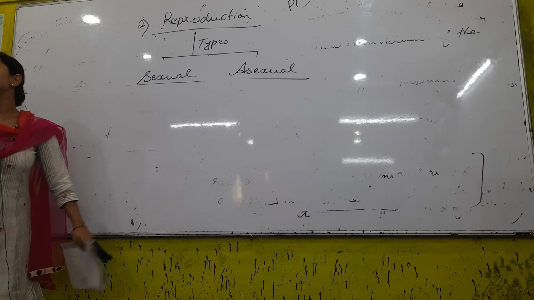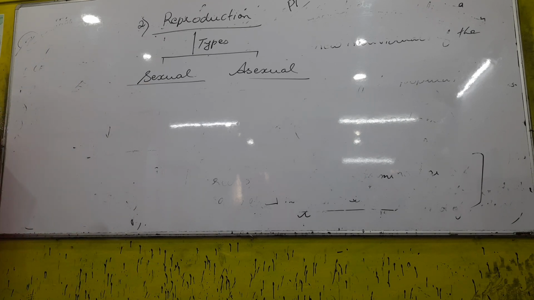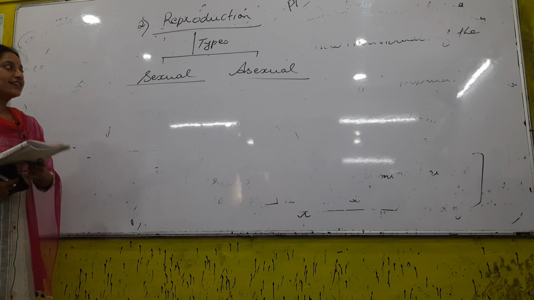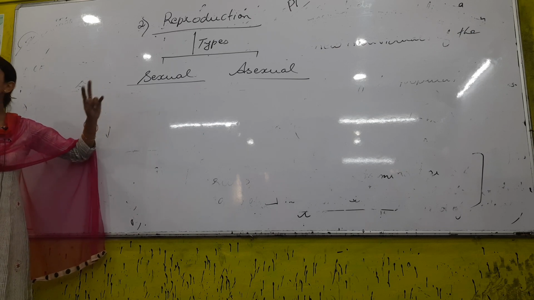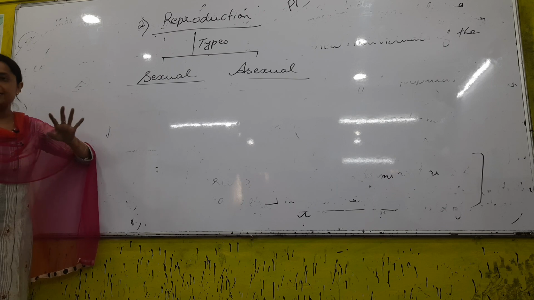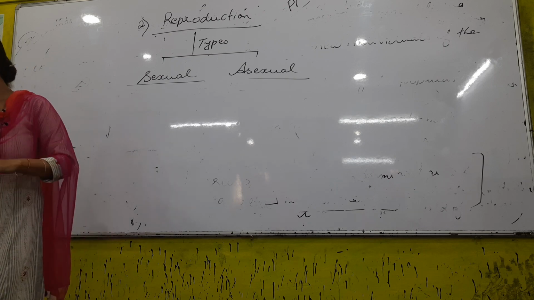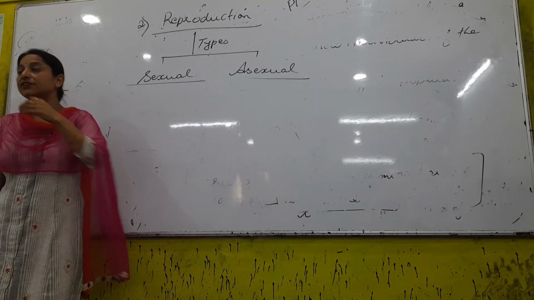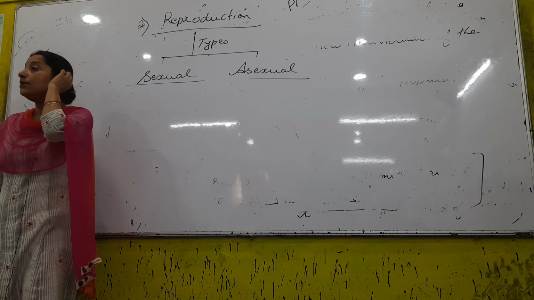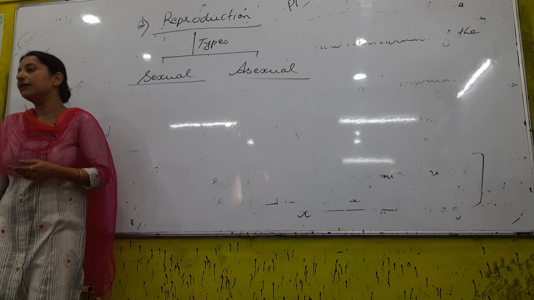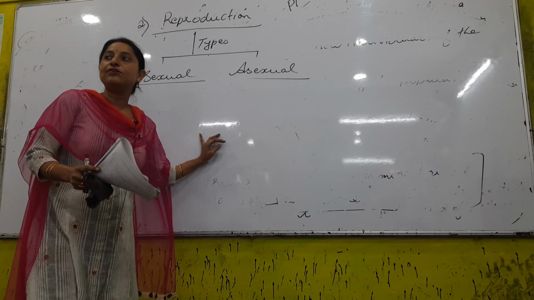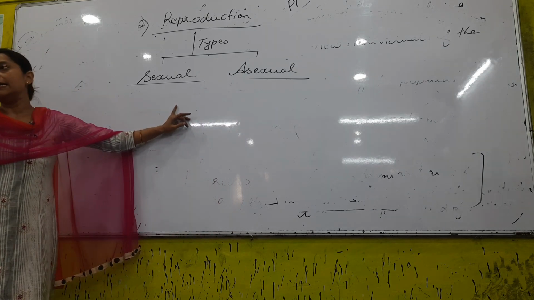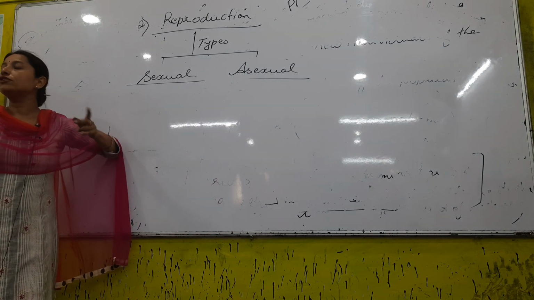Now, talking about these two types of reproduction, there are so many points of difference between sexual and asexual, right? However, we are not going to discuss the points of difference in this class. Sexual reproduction is a chapter of class 12, the second chapter, sexual reproduction in flowering plants. Asexual reproduction is also somewhat covered during morphology, in reproduction in organisms, the first chapter of class 12. So the types of asexual reproduction are the key mention for us.